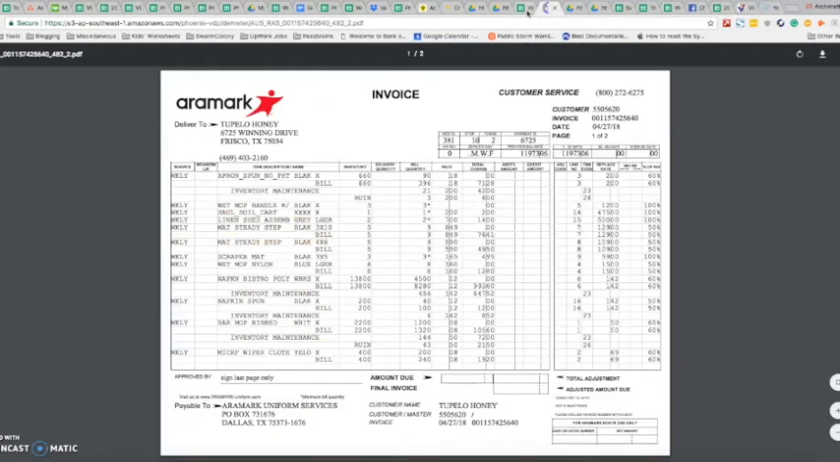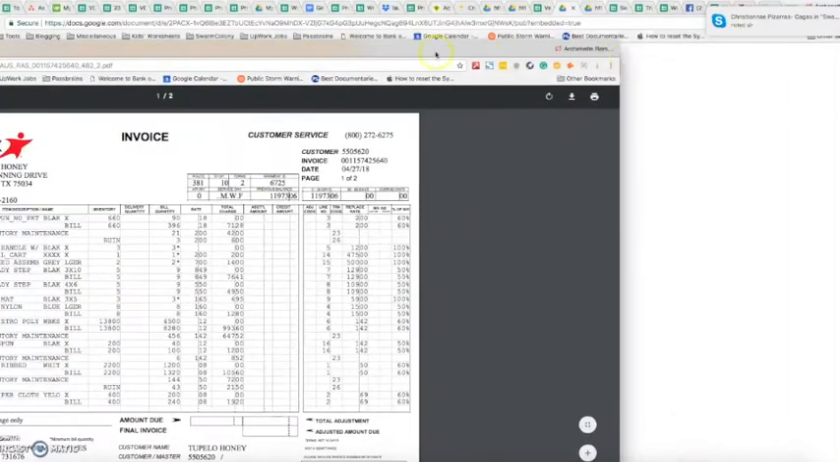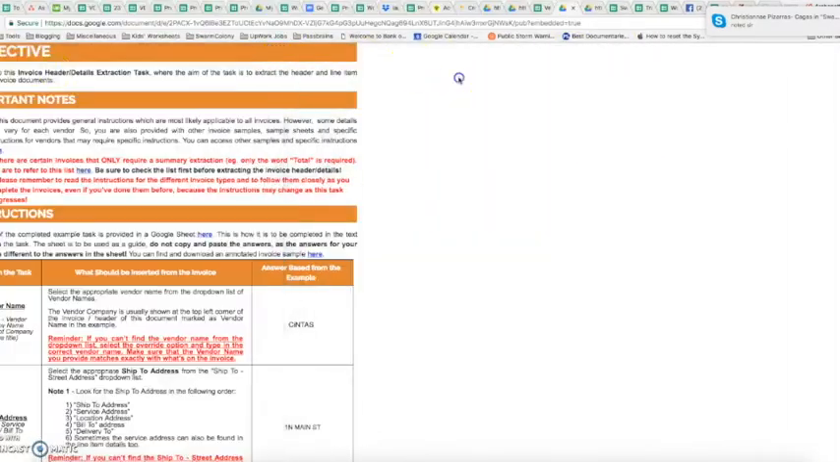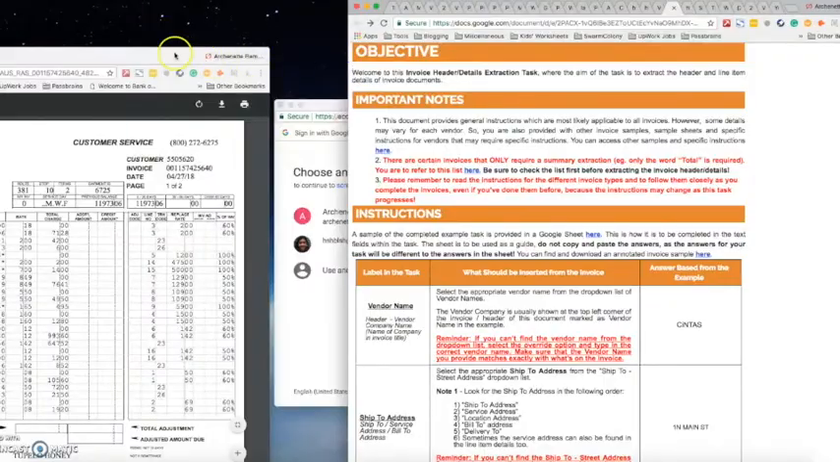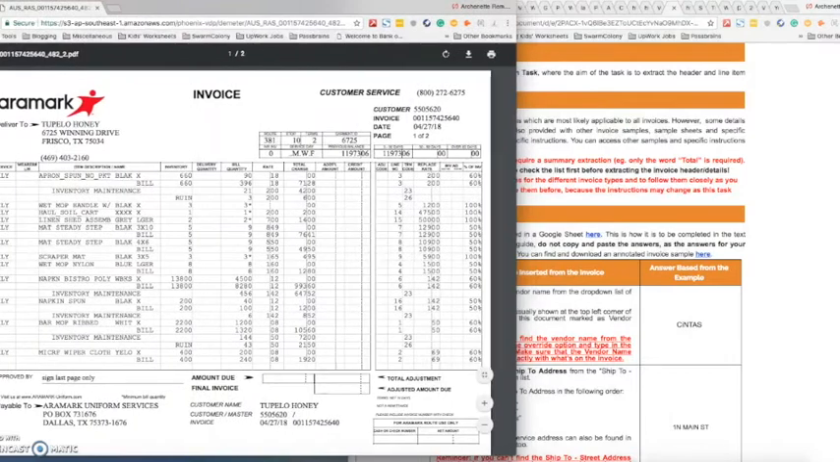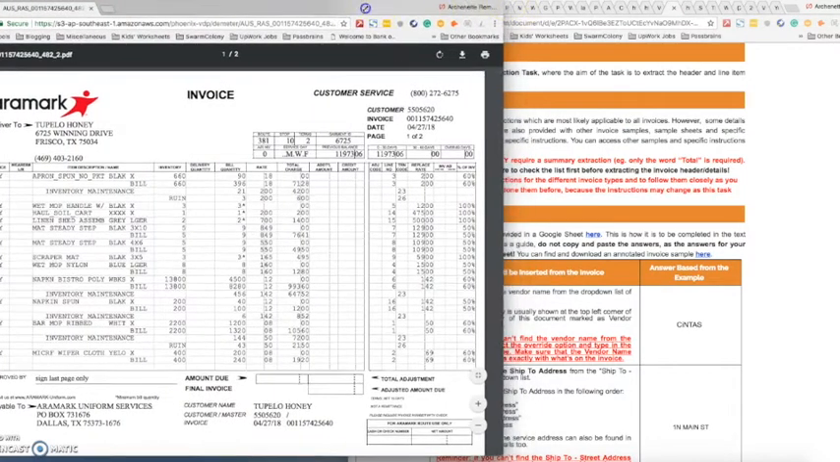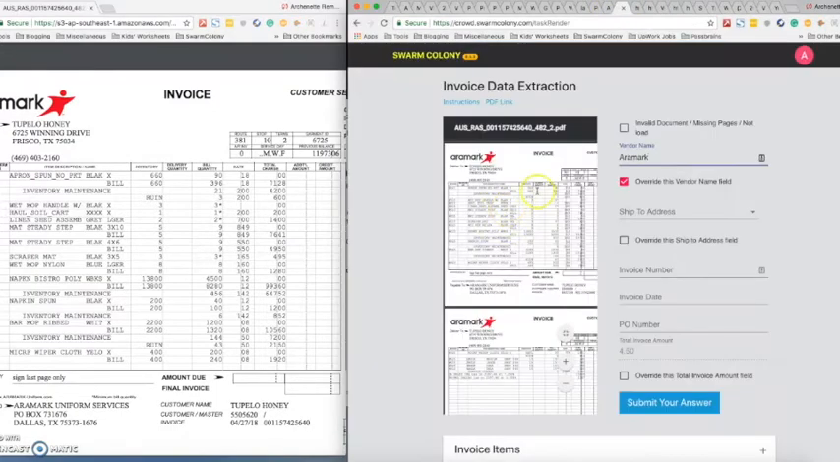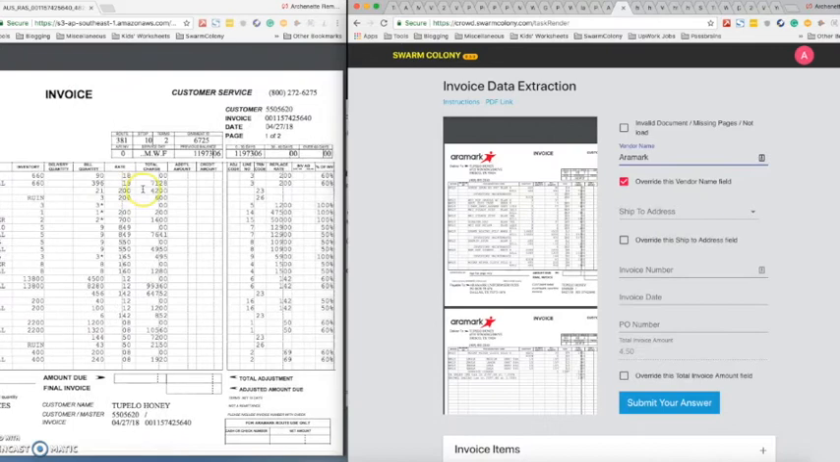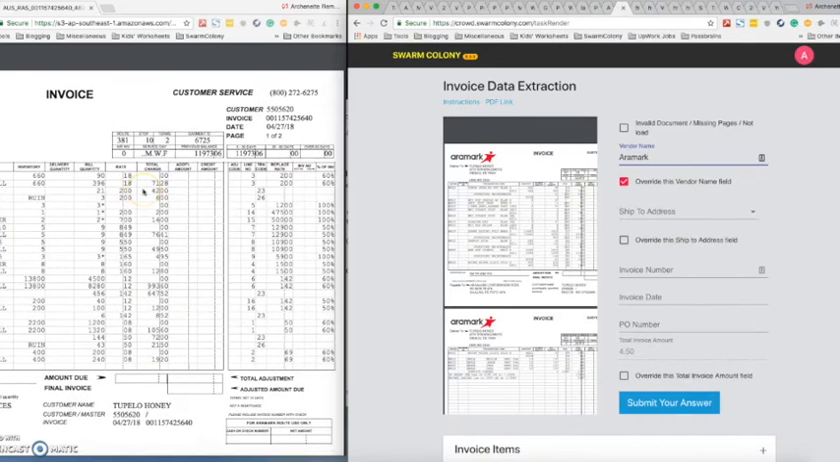Where is the document? So this is the document. Let me just place it in a different window so it's easier for you to view. So you can go back to the task. So this is a remark. So as mentioned, for ship to address, we're going to